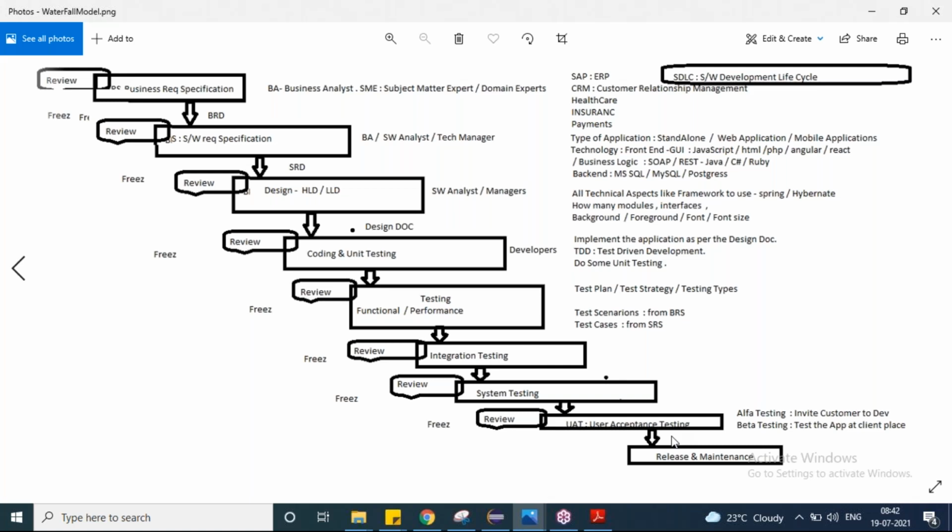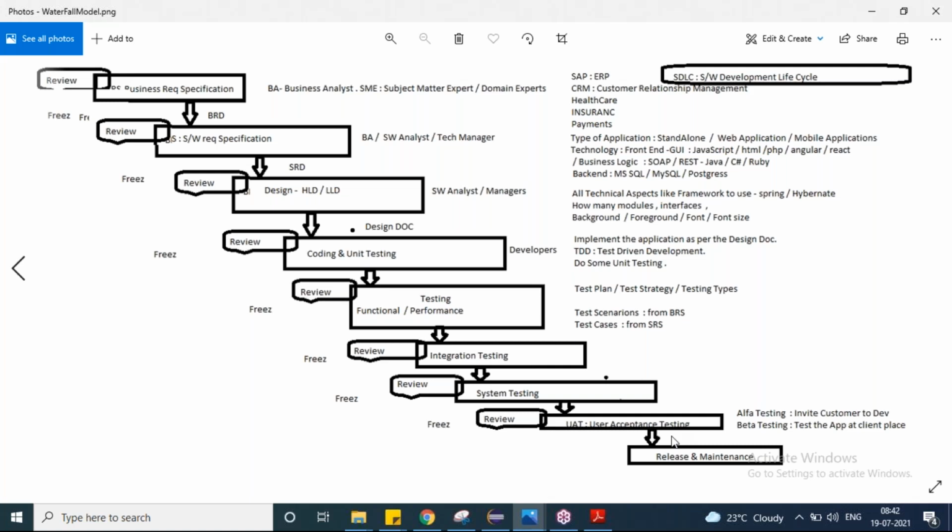In my test plan this is what I am going to do: what I am going to test, what I am not going to test as part of this release, how I am going to test it, how I am going to write my test cases, how I am going to prepare my test data, how I am going to execute them. I have to write clear details. You should not do things ad hoc, whatever comes into your mind instantly. You have to clearly define and describe everything that you are going to do. That is called a test plan, right?